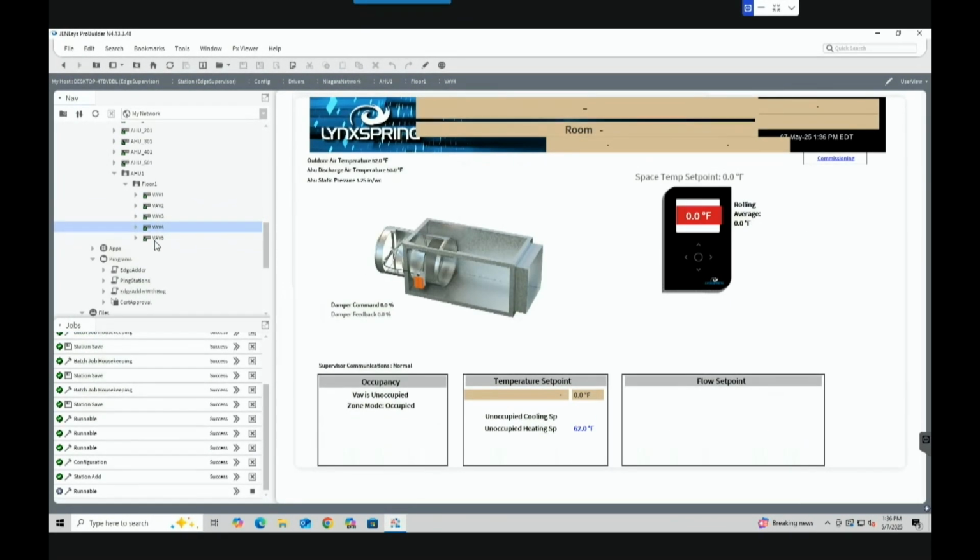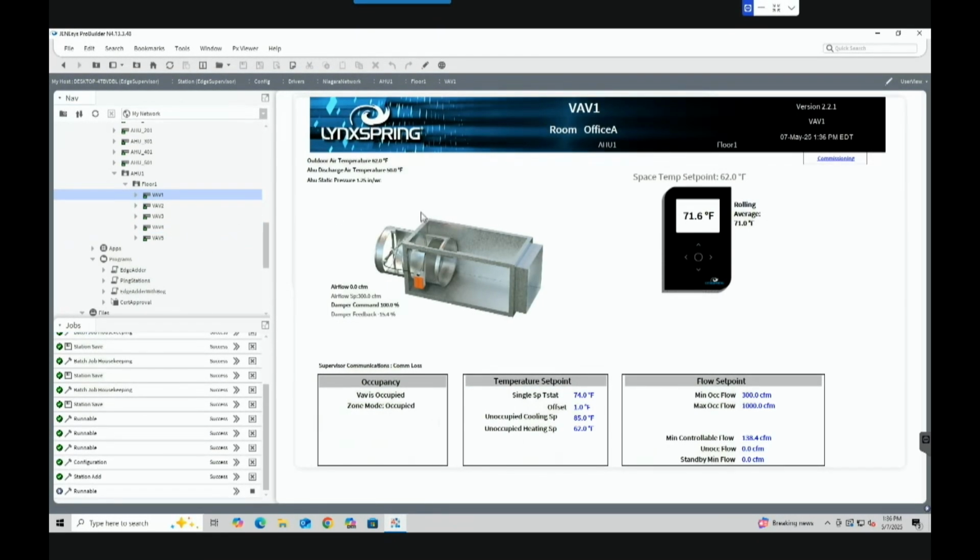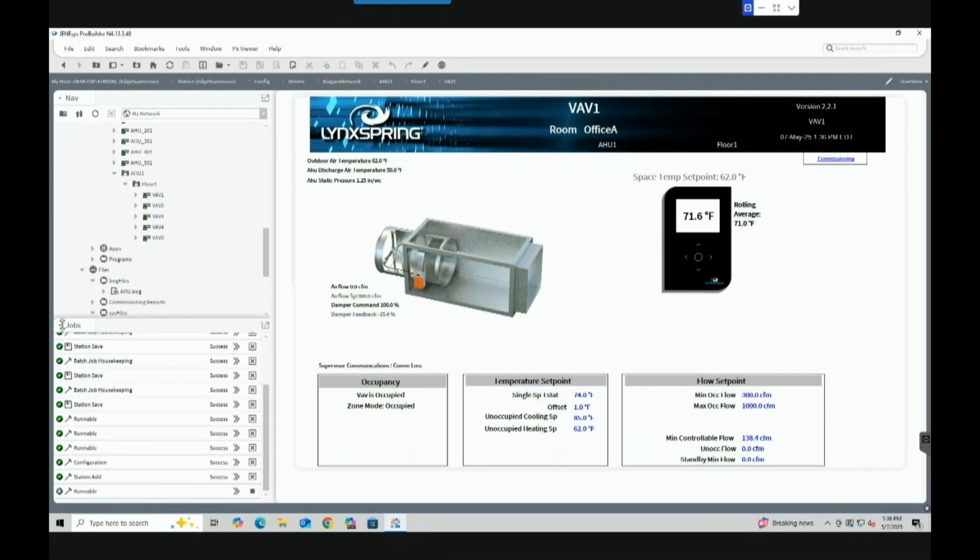Again, Link Spring booth, keep going there. But yeah, you can see that everything we have, and obviously I'm waiting for some of my objects to subscribe to their points, but you can see pretty much the general principle. However, we're not quite done yet as far as building the logic between the air handler and the VAV. And so in the file space here that I have, and I'll go ahead and close the jobs,